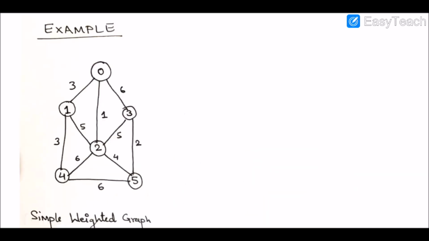So in short, if we want to discuss the algorithm, we'll say this. Let's say this is the arbitrary node that we have selected. Now let's say 0 is the node that is selected as the root node. Now what we are going to do, we are going to select all the adjacent nodes. Now again find the minimum, because it is the greedy approach. So which is the minimum weight? So we'll say this 2 is the minimum value, right? So this edge between 0 and 2 has been included with the minimum weight as 1.